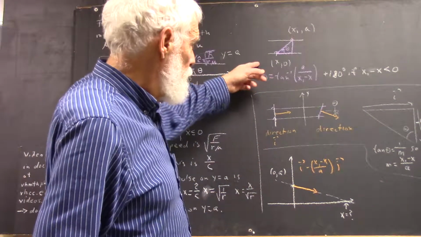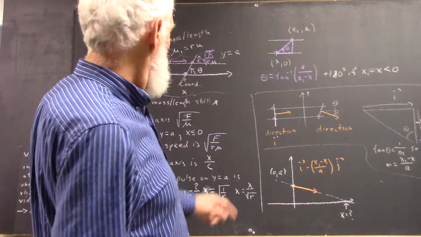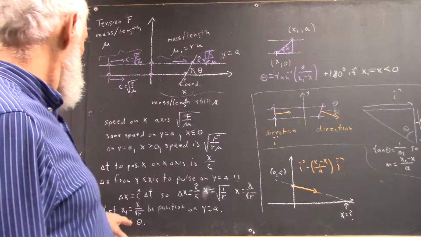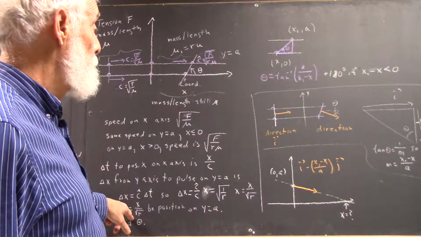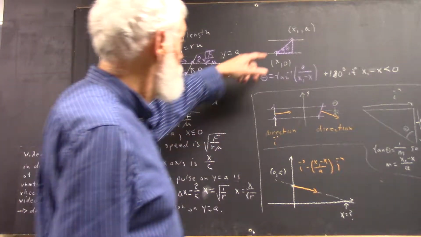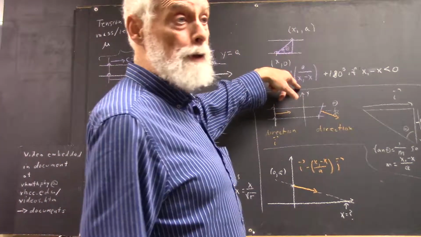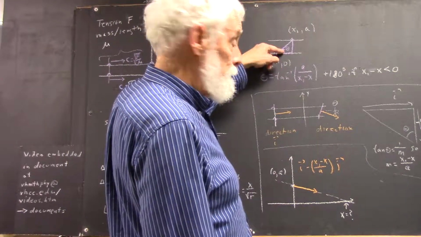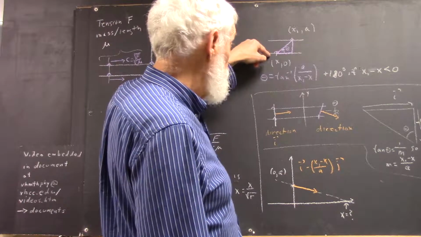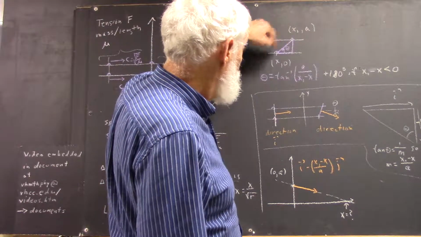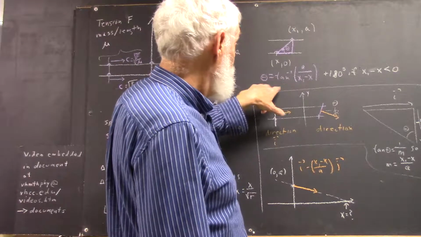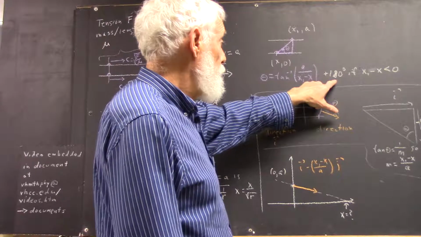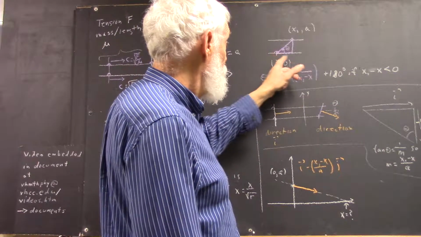Okay, I think we got this previously, but just in case, if this point is (x1, a), where x1 is just x over the square root of r, of course I didn't use that here, but that's what x1 is, right? Okay, then what's theta? Well, clearly from this right triangle, the run here is x1 minus x, the rise is a, so we have the arctangent of a over x1 minus x. And then we've got to add 180 degrees